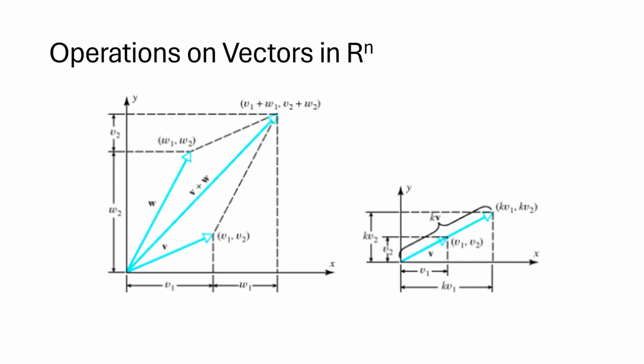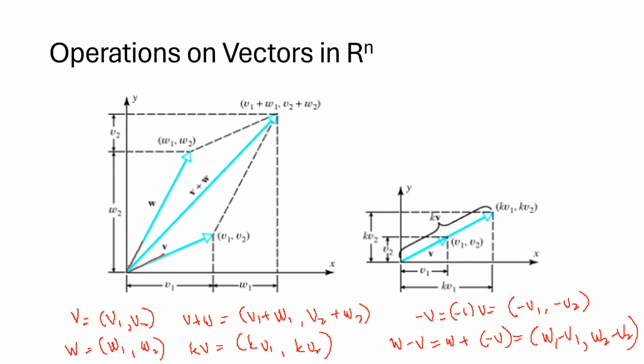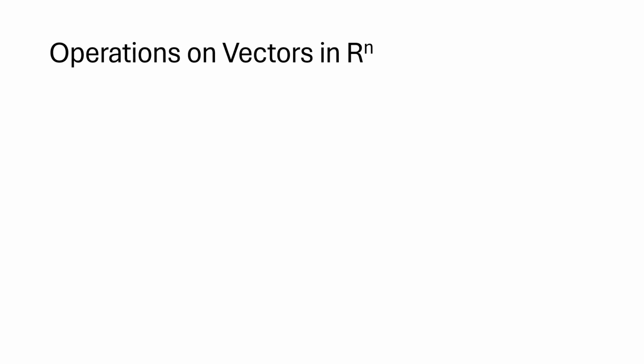Let's write it out: if our vector v has components v1, v2 up to vn, and our vector w has components w1, w2 up to wn, which are all elements of R^n,